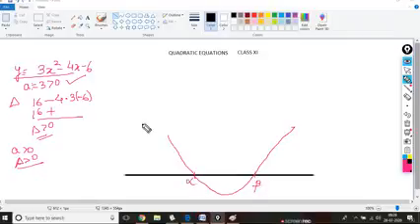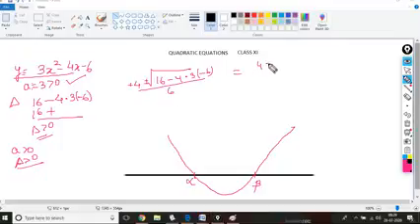Let's find out the roots of this. Minus b is plus 4, plus minus under root b square 16 minus 4ac. So it will be 16 minus 4 into 3 into minus 6, upon 2a. 2a value is 6. So this becomes 4 plus minus under root. Let's calculate this. 4 3s are 12 and 6, 72. So 16 plus 72 divided by 6.